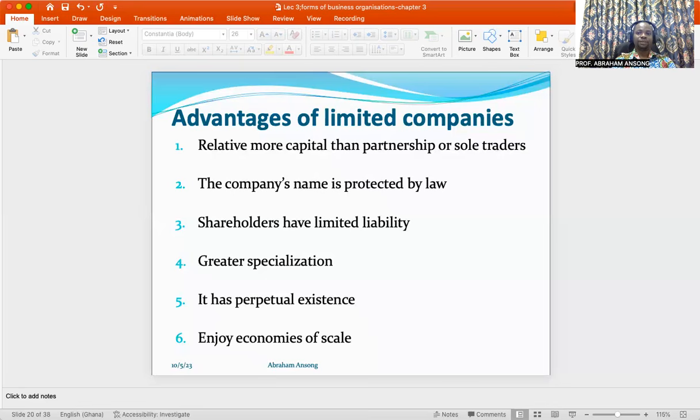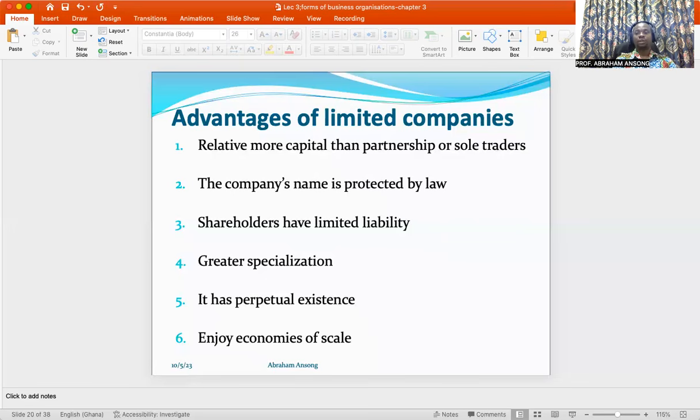As a matter of fact, there are provisions in various acts on company names that must be fulfilled before a company can be named in a particular way. Okay, if they were to find that the name is similar to an existing company, it will not be registered. And if you on your own decide to use the name of a company that is already in existence without the proper registration, you can be taken on legally.